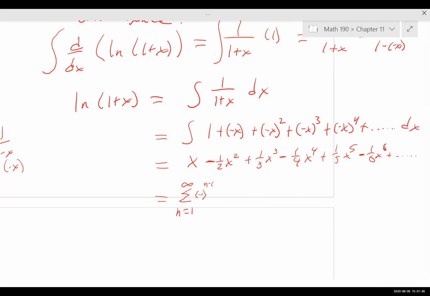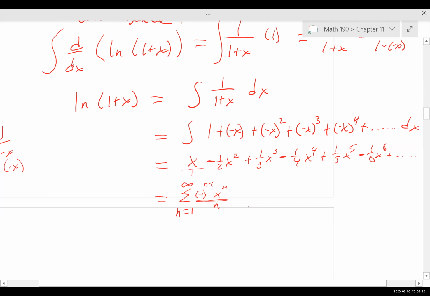The next one is just x to the nth, right? That's pretty easy. Over what? Over n. It's just divided by n. That's where we're getting the denominator. Think of this as divided by 1, so 1, 2, 3, 4. The power and the denominator are the same, so divided by n. And that is our integral, okay, plus,